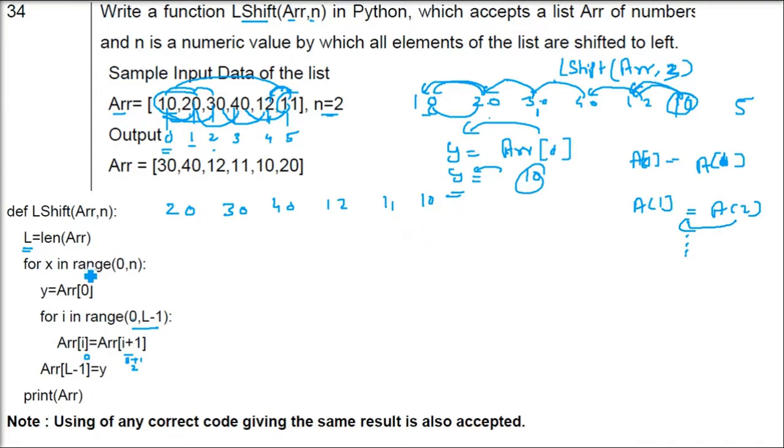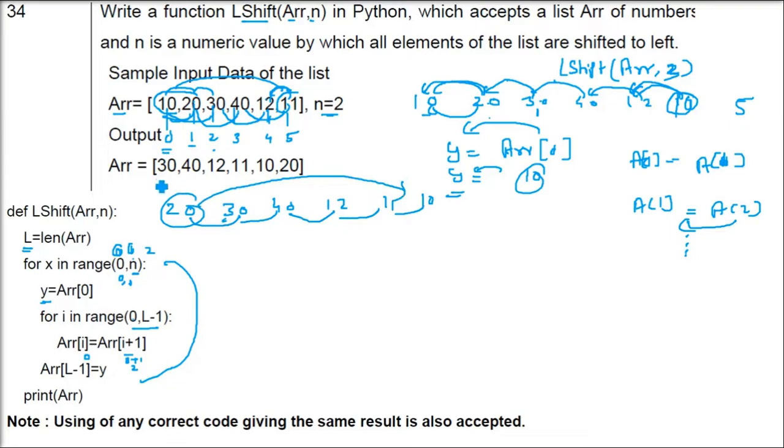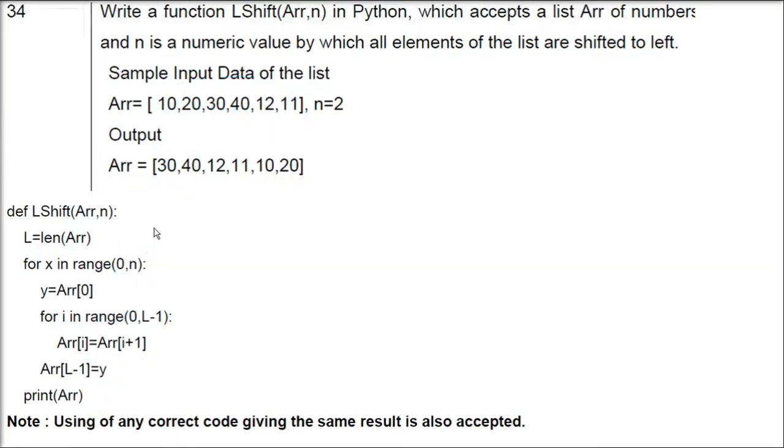And this will happen again because this n is 2. We have to shift it twice. One shifting we have already done, but because the question is asking for double shifting, 2 shifting to the left, one more shifting will be done. So 0, 1 we have done. Once it is incremented, 1 will go. That is twice the shifting will be done. Okay. So next time what will happen? 30 will come here. So before that you have to save 20. We will save 20, and finally you will put 20 in the position of 10. So finally this list will come.